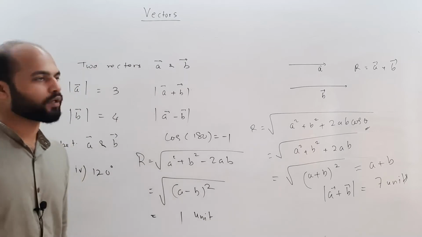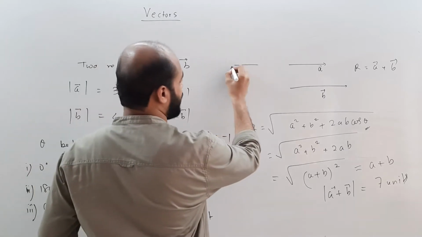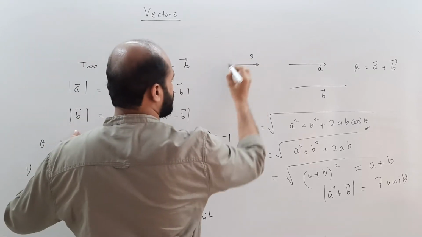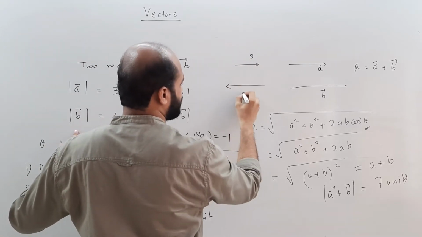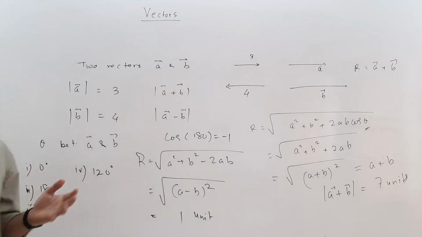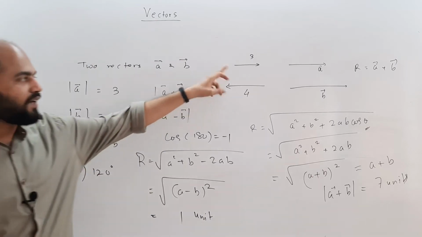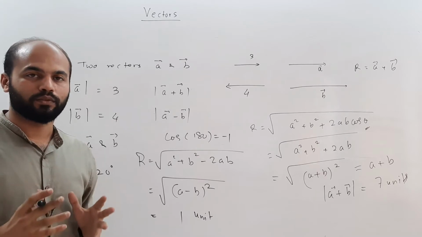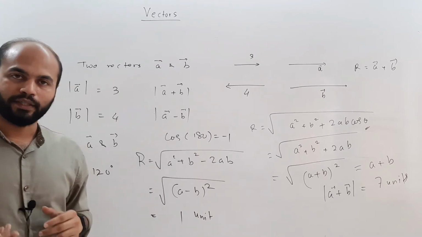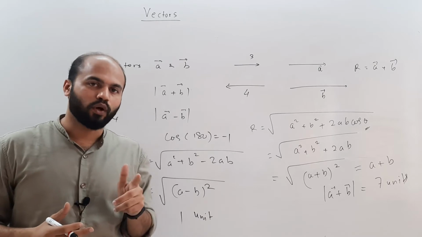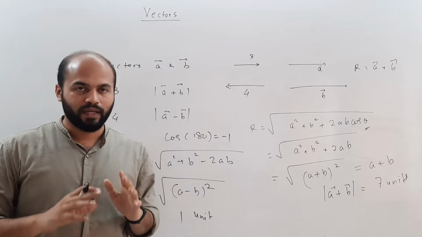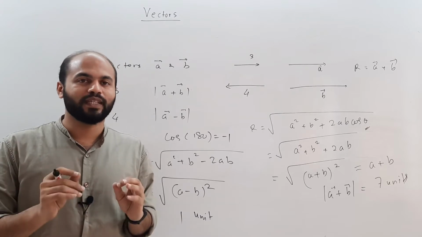And it's quite okay because the first time A is this, that is A is 3, and this is going to be 4. Since they are opposite, the net vector is going to be minus 1. But we are interested only in the magnitude. When we talk about magnitude, we are interested only in the amount of quantity. We are not interested whether the sign is positive or negative. As far as magnitude is concerned, it is always going to be positive.